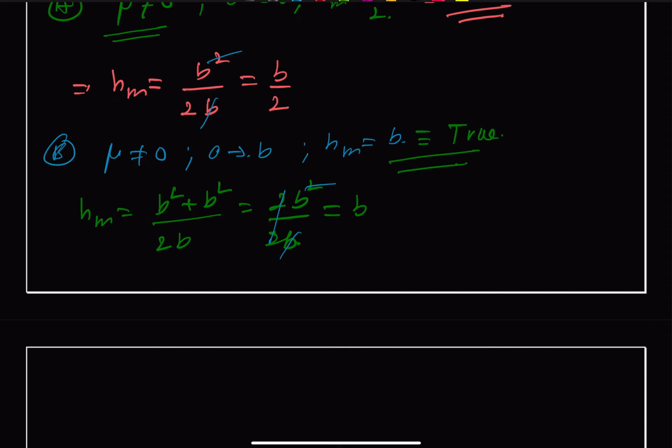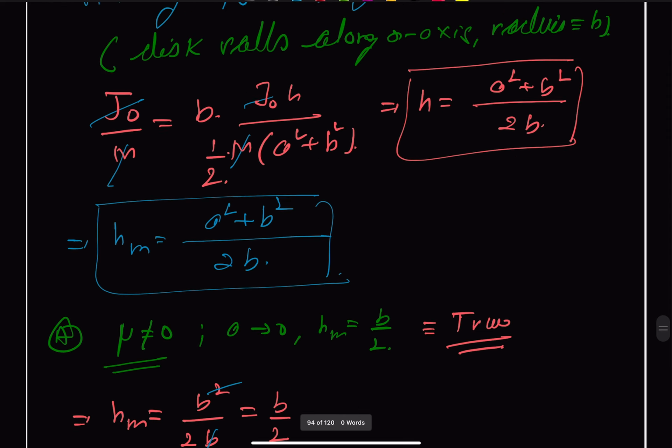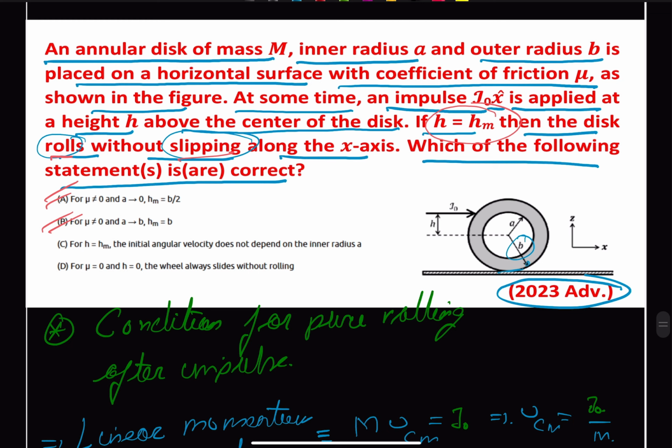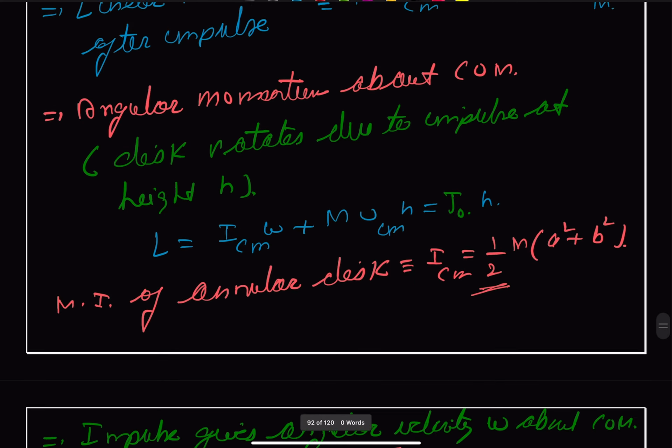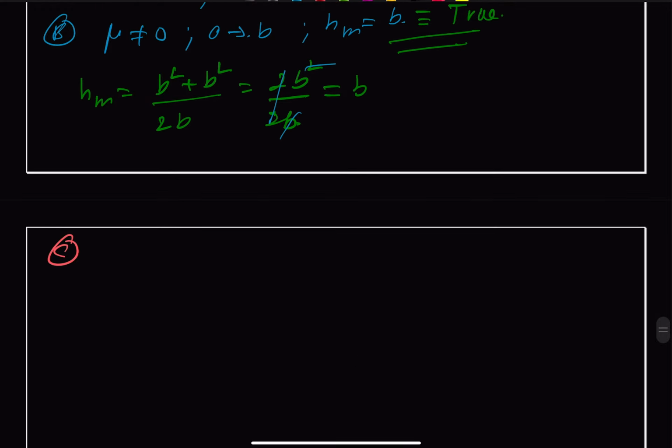We have option C. Option C gives us that, so option A and option B are correct. So for h is equal to hm, initial angular velocity does not depend upon the inner radius A. So you can say for h is equal to hm,